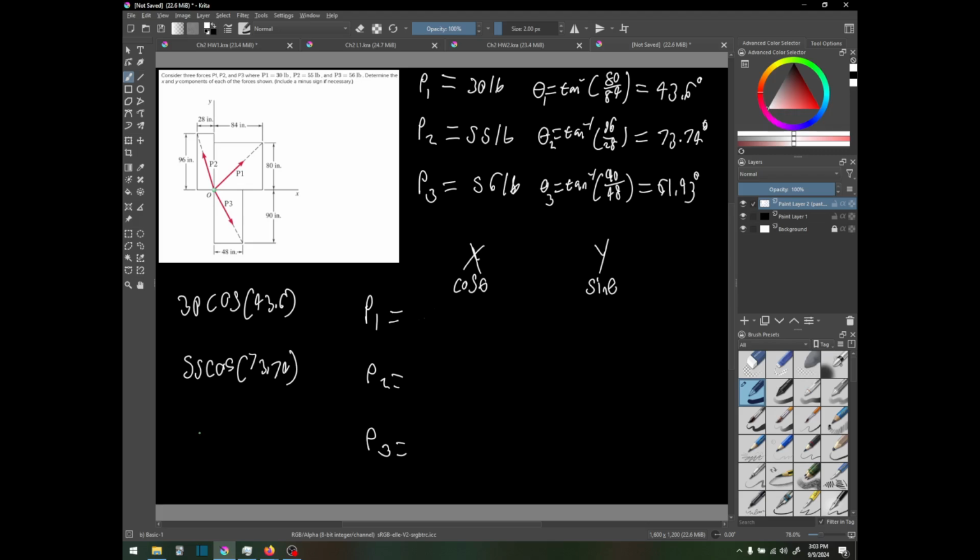And same thing with this, it's going to be 56 cosine of 61.93. And the same thing for the y, except cosine is going to become sine for the y values. So let's quickly put those numbers down. We have 30 cosine 43.6, which is